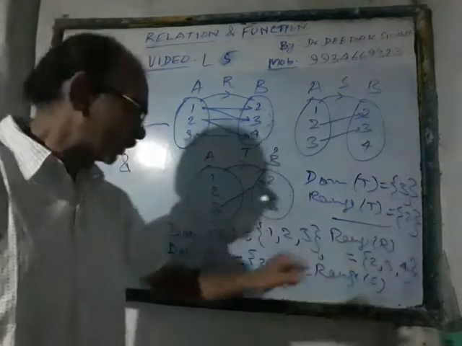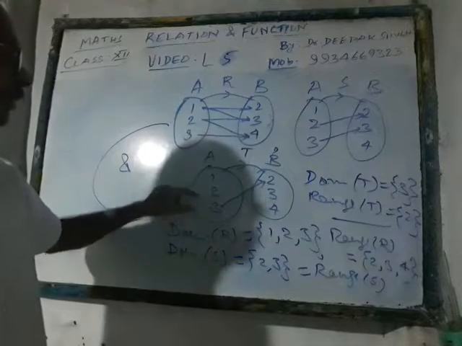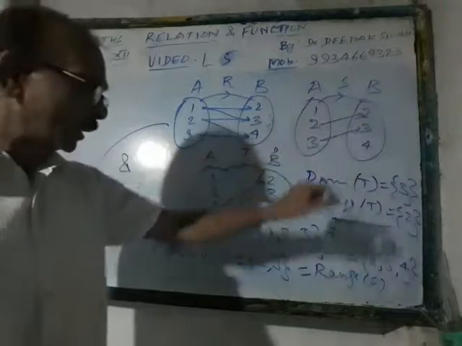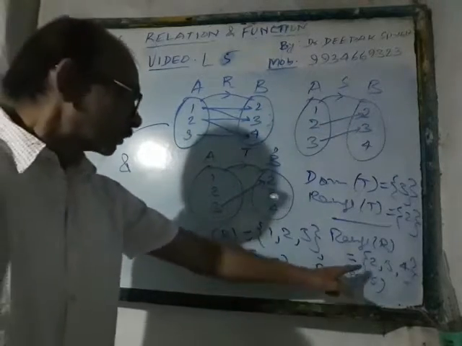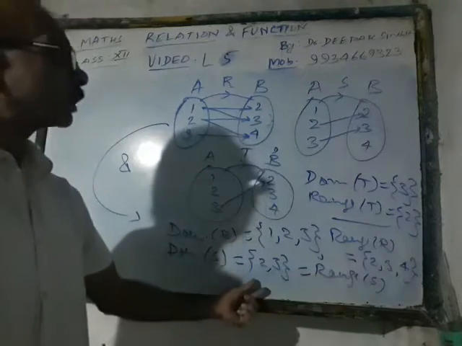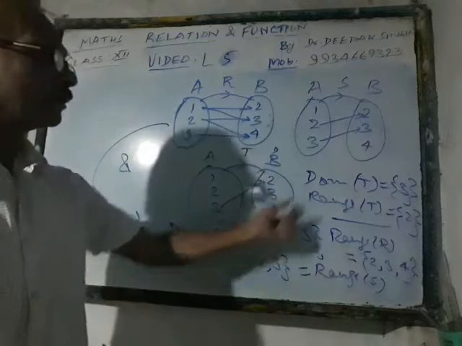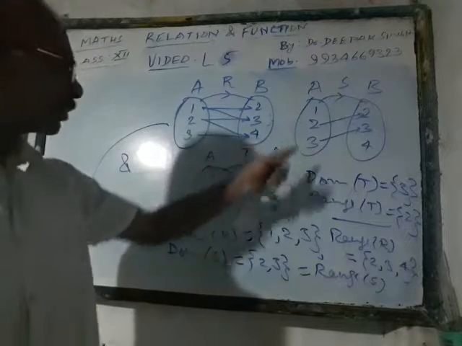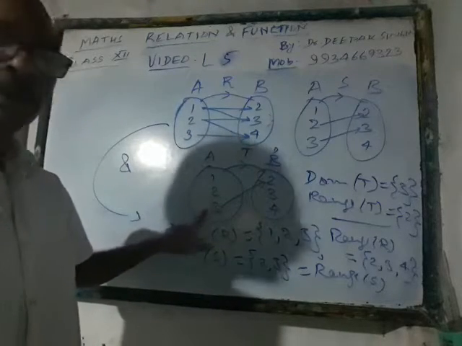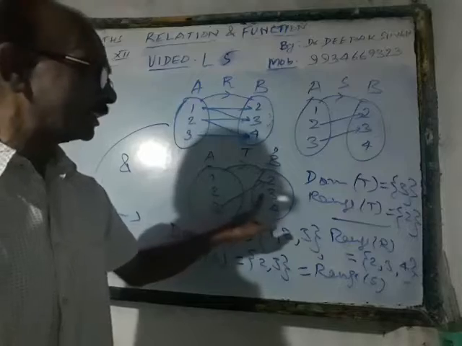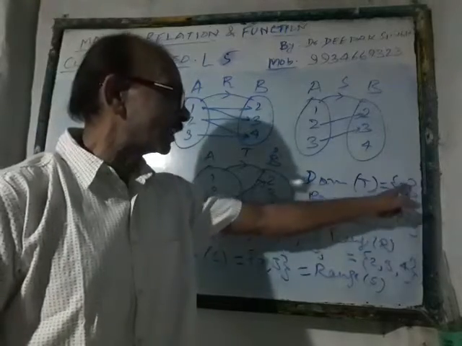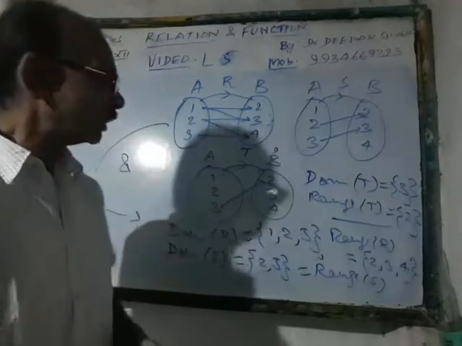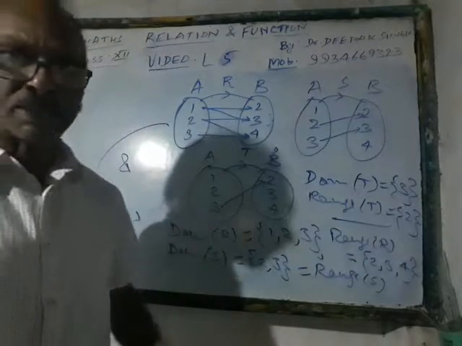of the relation. Now for S, we have got only 2 elements in A associated with 2 elements of B. That's why the domain and range, both of them are 2 and 3. That's why we have taken the elements as 2 and 3 in the domain as well as in the range. So far as T is concerned, only one element is there in the domain and one element in the range. That's why these 2 singleton sets constitute the domain as well as the range of T. So this is all about domain, codomain and range of the relation.